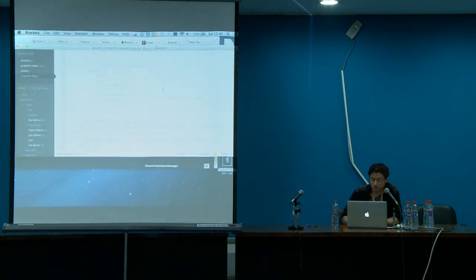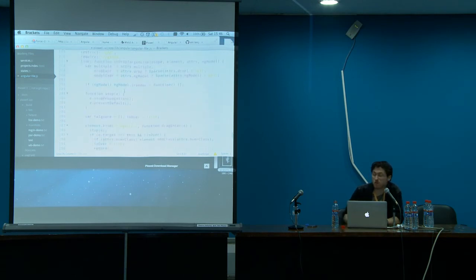So this file defines a directive called drop target. This is what a directive definition looks like. You give it the name of the directive in camel case, and then you can use it in your templates as a tag like drop target, or an attribute like div drop target, like we saw. This is the definition that explains to Angular how it's supposed to work.